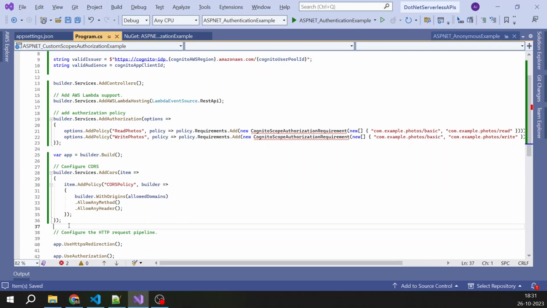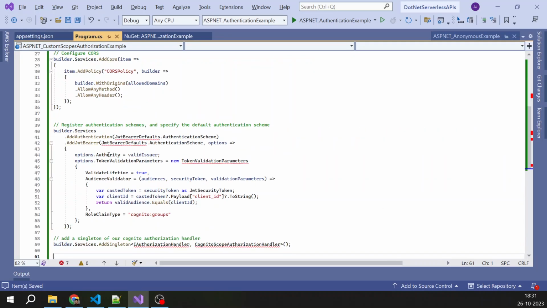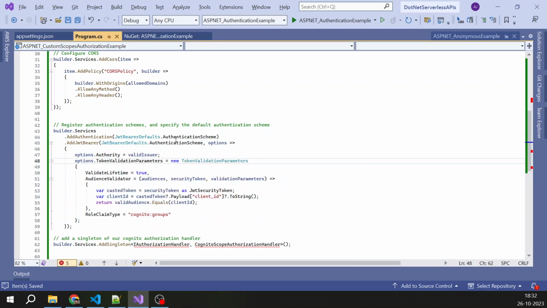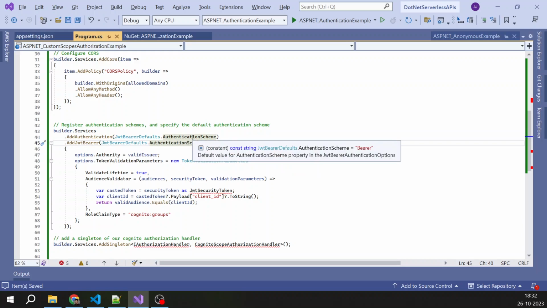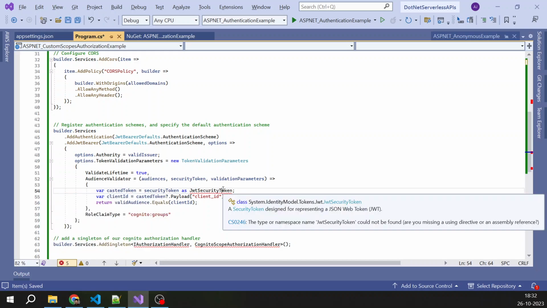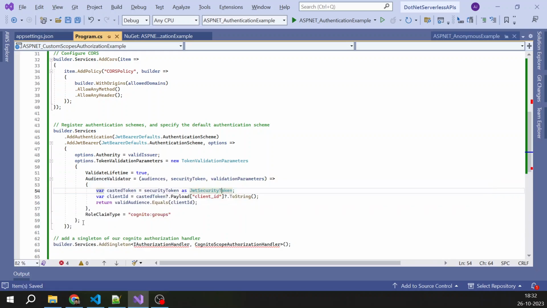And then finally, this code. So here we have added an authentication, and we specified that we are using the JWT bearer authentication scheme, and that's why we added this method here. And here we have defined how an incoming token needs to be validated. So for that, we are basically